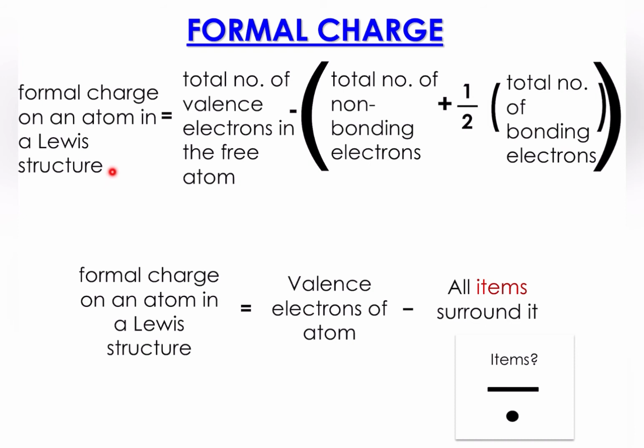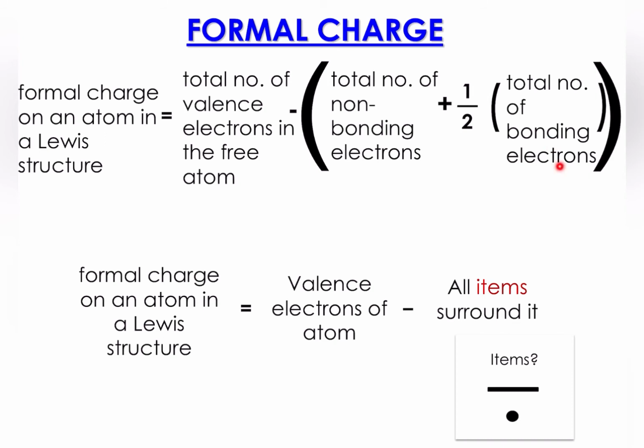To calculate the formal charge of an atom in a Lewis structure, you have to determine the number of valence electrons for that atom, minus the total number of non-bonding electrons, which in this case means lone pairs, and then plus half of the total number of bonding electrons,